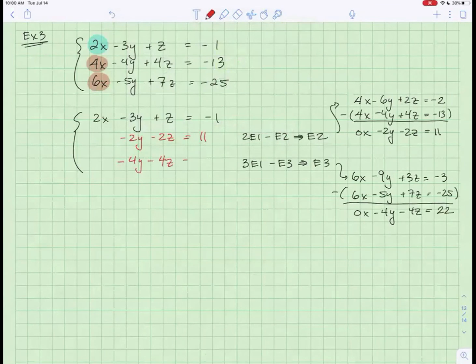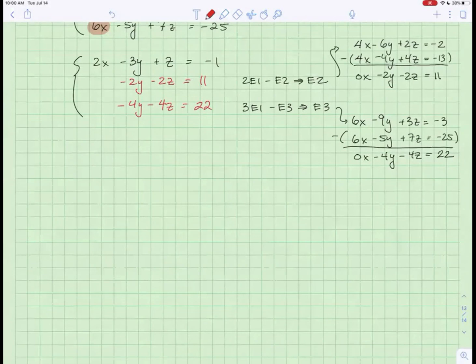Minus 4z equals 22. And maybe you can spy with your little eye that now row 2 and row 3, or equation 2 and equation 3, are actually the same equation. They're just multiples of one another. So if we clean this up a little bit,